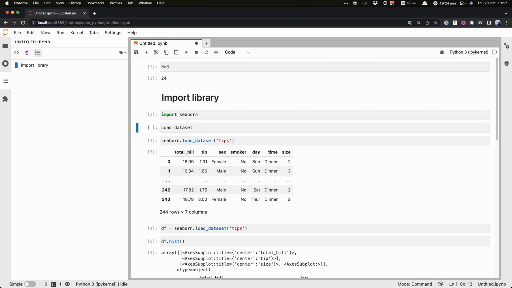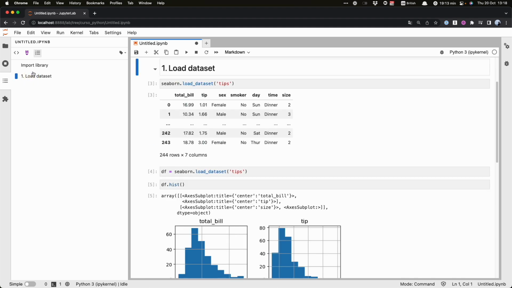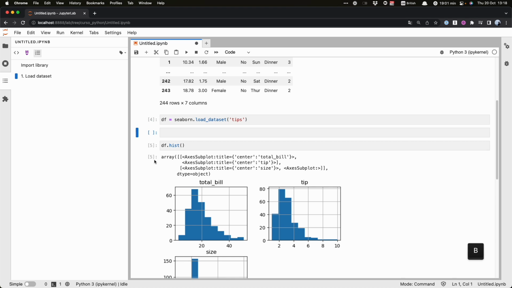escape to enter command mode, and then 1 to create a heading. I could put a second order heading by pressing 2, and then I execute, and I can see how this heading is a bit to the right. I can do the same for the histogram here. I create a new cell below with B, enter, and then I type histogram, escape,